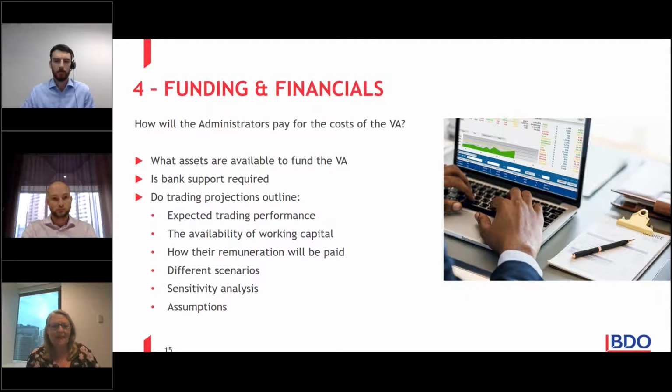So something maybe to flag here, from one of my earlier slides, when you find out about a VA, how do you react? Well, if you've got a lot of credit funds, do you freeze them straight away? Do you offset those credit funds against other facilities that you have? Does that then take the working capital that the voluntary administrator needs? Where are you in the order of the secured creditors? Can you act on your assets differently?